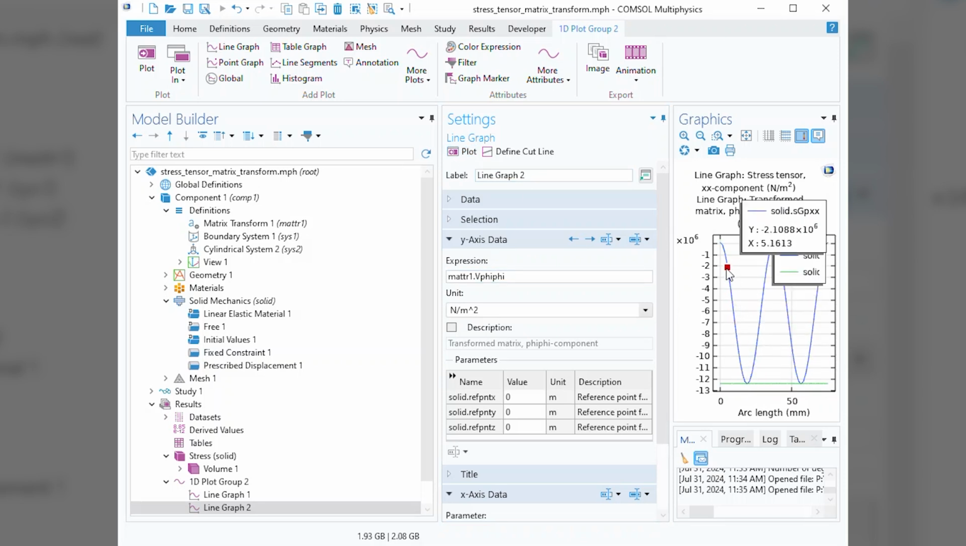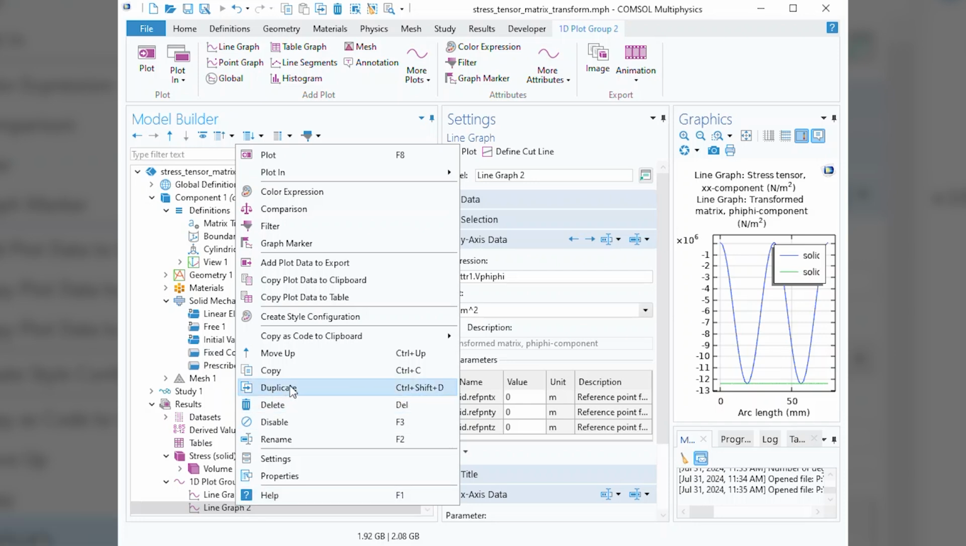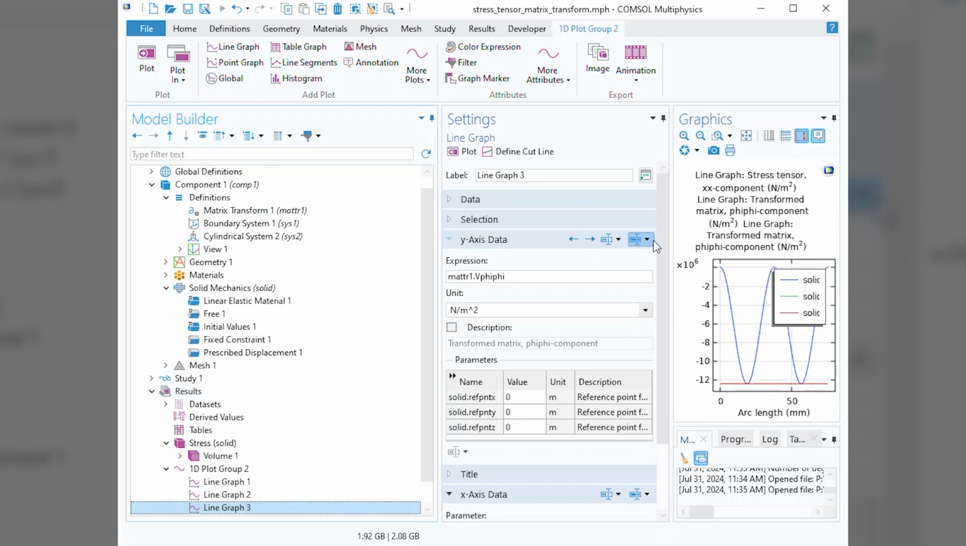So the blue line is X component of the stress field. The green line is hoop component of the stress field. The hoop component is negative and constant because we have uniform tension. Similarly, we can visualize radial component of the stress. Duplicate line graph 2, go to the replace expression,